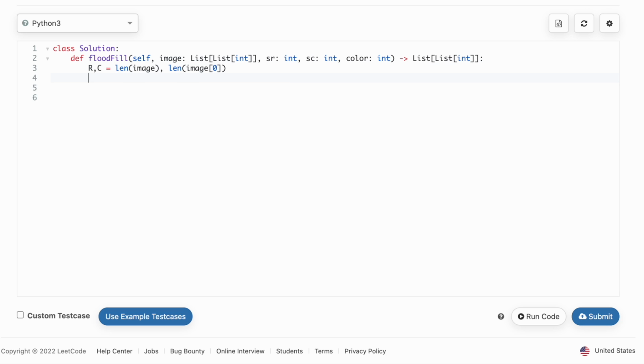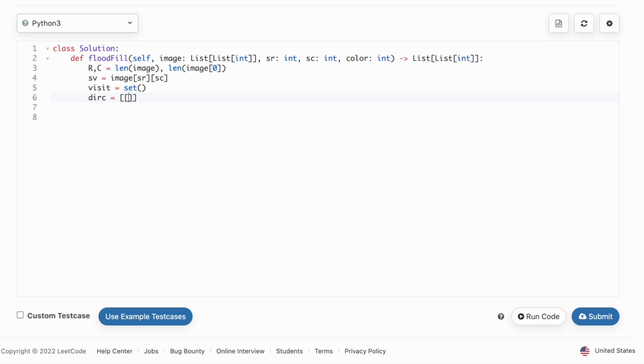We need to take the source value, that is our image source value. We also need a visit set to keep track of our visited pixels, and we need a direction array to get the 4 directions,